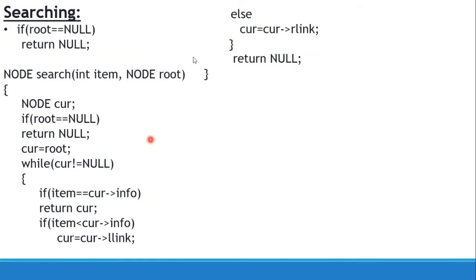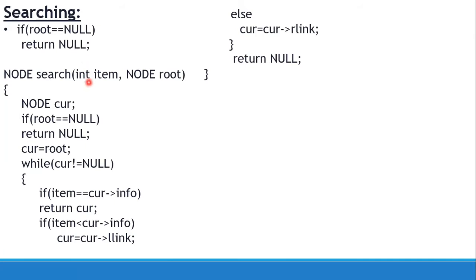Next operation is searching. Let us see how to search for an element in a binary search tree. Step 1 is we are checking for an empty tree. If the tree does not exist, then we return null, indicating the search is unsuccessful. So if root equals null, then return null. Step 2, search for the node in the left subtree or in the right subtree. It is the same as the program that we discussed previously. The only change is that once current becomes null, control comes out of the while loop and we say that the key is not present in the tree and return null, indicating the search is unsuccessful.